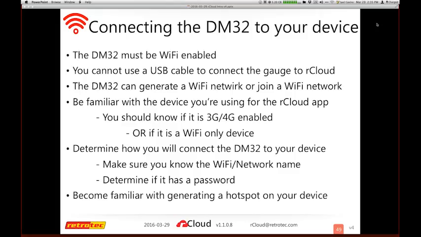That actually goes in line with the fact that if you're going to use Apple products, they do not really allow devices to be connected with their port on the bottom. All right, so we're going to talk about how the DM32 can generate a network, and there's a typo there. But one of the things I really want you to understand is to be familiar with the device you're using